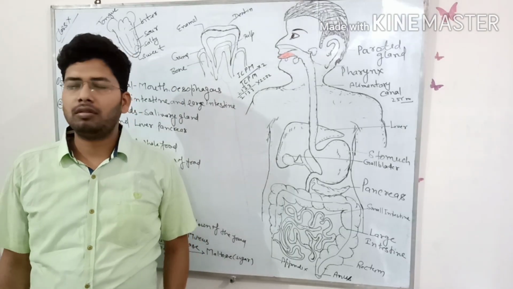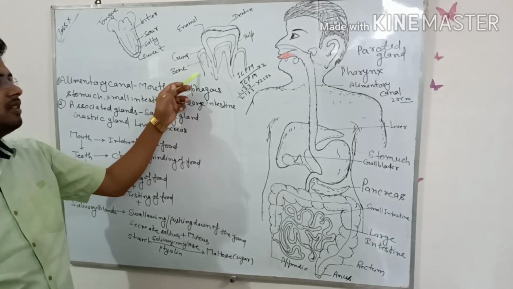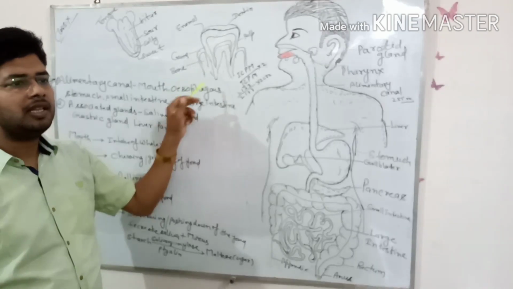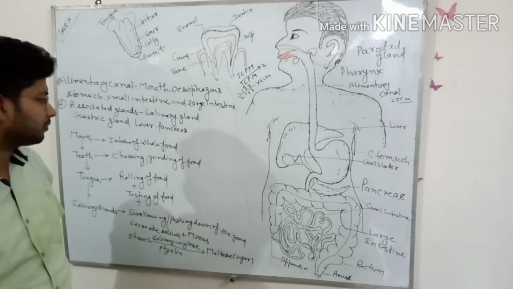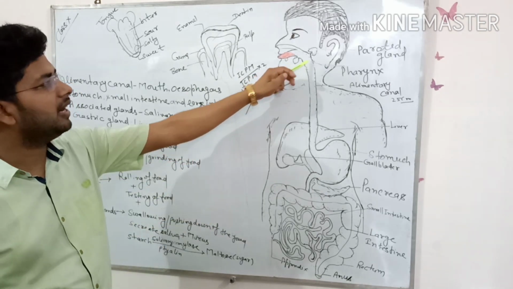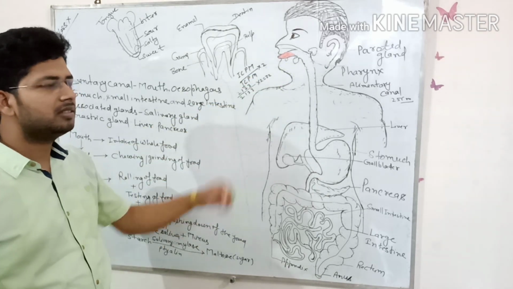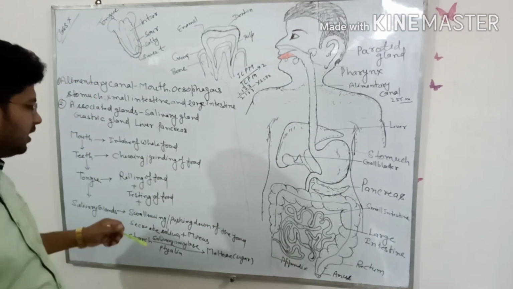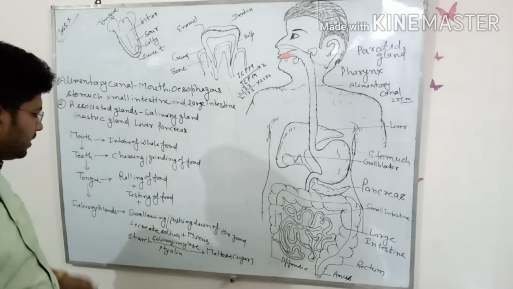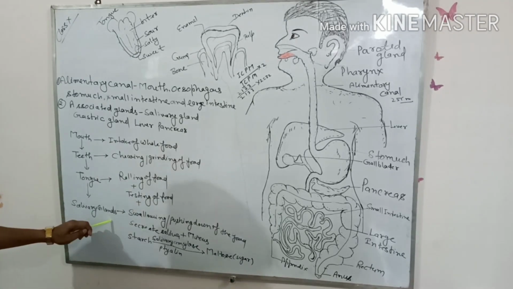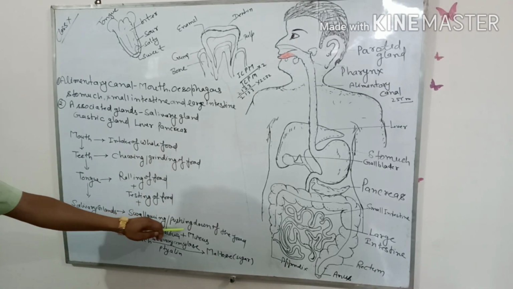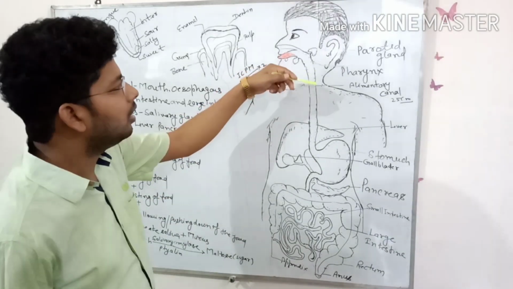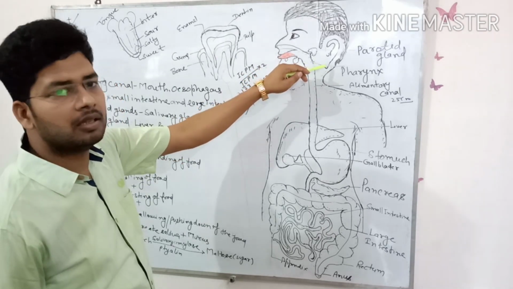Okay, so you well know there are 4 types of teeth in humans: incisors, canines, molars and premolars, each with specific functions. And there are 3 types of salivary glands, which secrete saliva. We want to discuss saliva. Saliva contains salivary amylase, and it is secreted from the salivary gland. The function of the salivary gland is swallowing, pushing down of the food toward the alimentary canal. Before we go to the alimentary canal, we will discuss the pharynx.